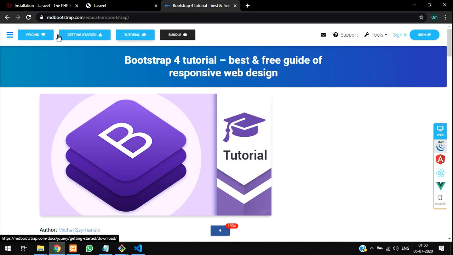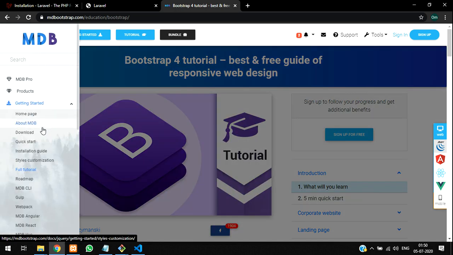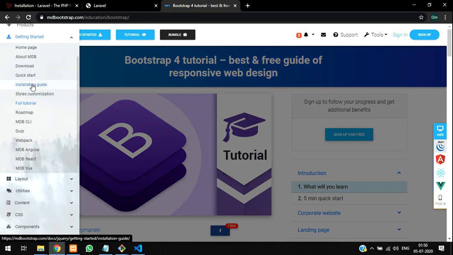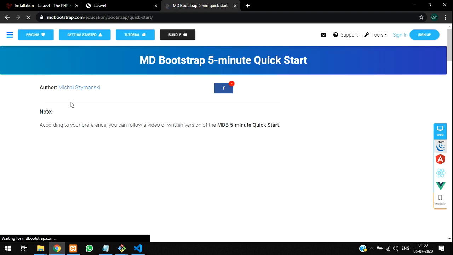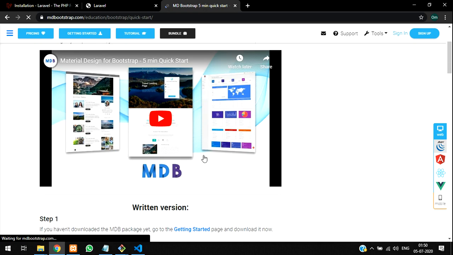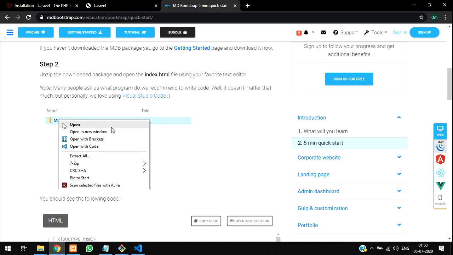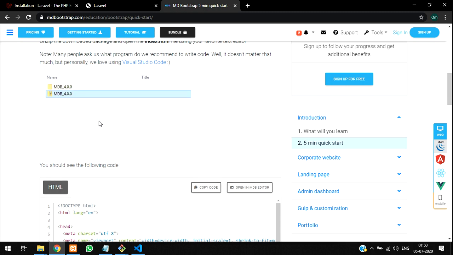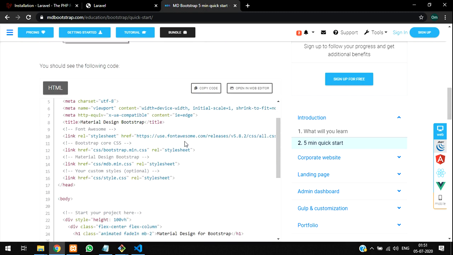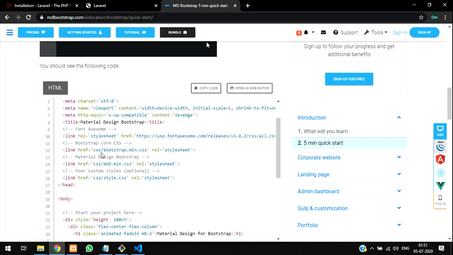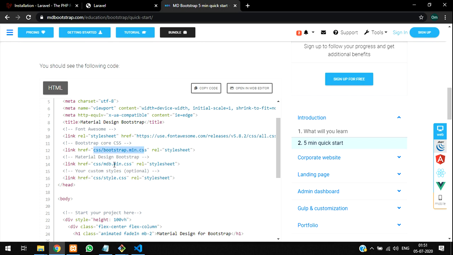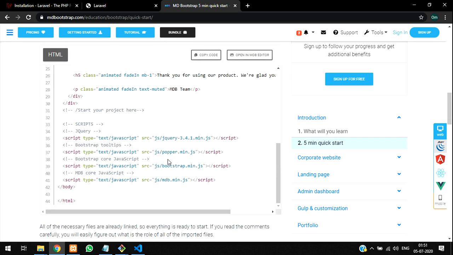So we will click on tutorials and we will open the navbar and first set up the installation guide. Okay, so you can just start with the quick start, or else you can install it. So let's first click on quick start and then you can find a simple video. And now, okay, it is telling us to download that, then extract and use it in this format. Yeah guys, there are 3 links: bootstrap, MDBootstrap and custom style, and then below